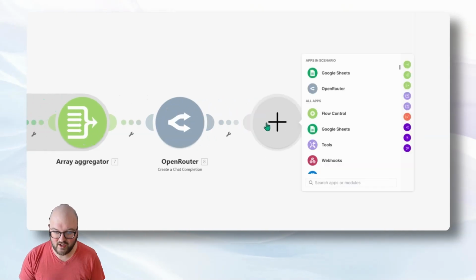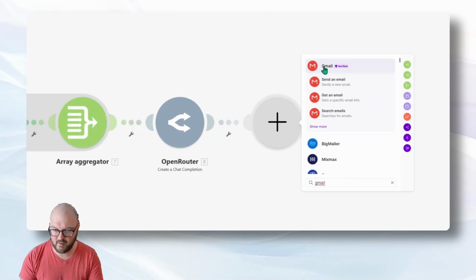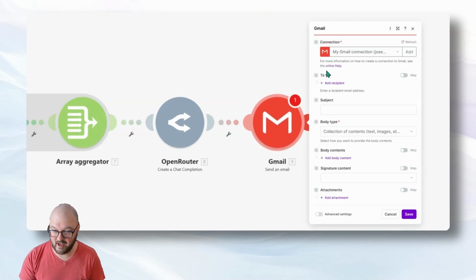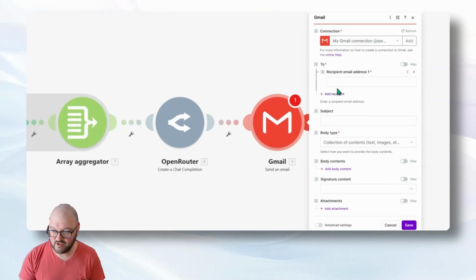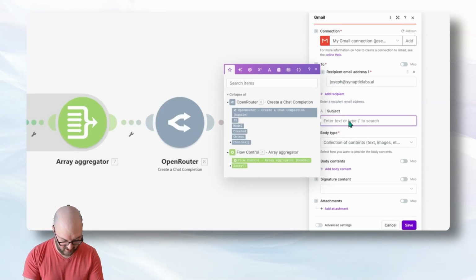And then our last node is going to be our Gmail node to email us. So let's look up Gmail, send an email. You can see it's already connected to my email address. We're going to send it to ourselves. So I'm just going to put my email in here. And then subject, we can say something like